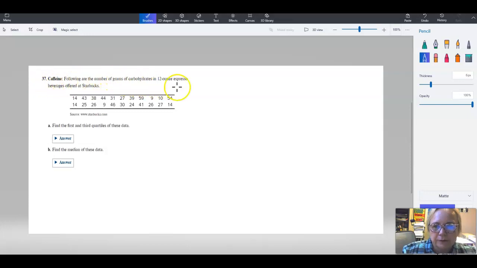Following are the number of grams of carbohydrates in 12-ounce espresso beverages offered by Starbucks. So we have the data and find the first and third quartiles of this data and then find the median. So the median is the second quartile. So if you are asked for any reason to find the first, second, and the third quartiles,